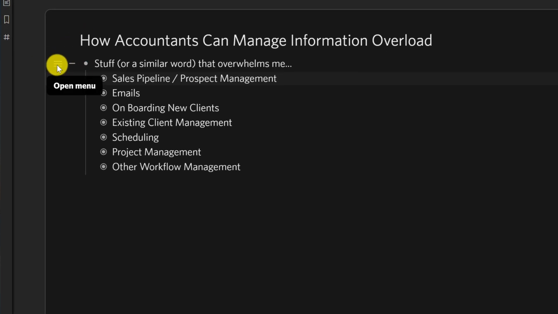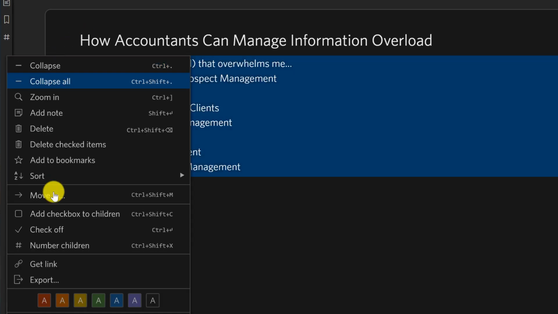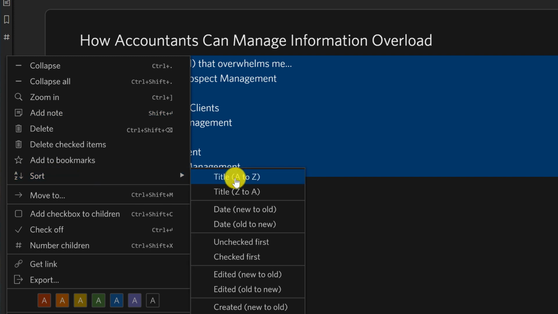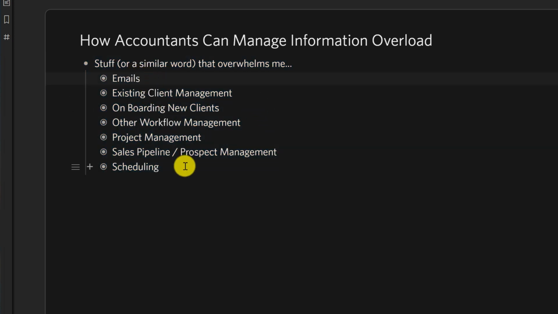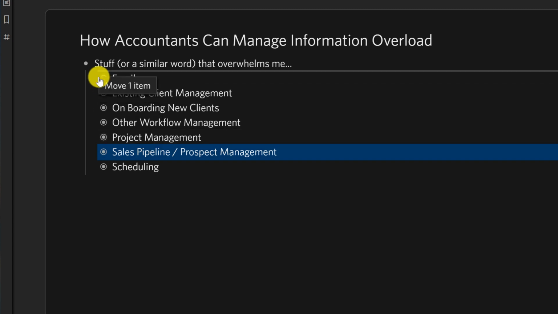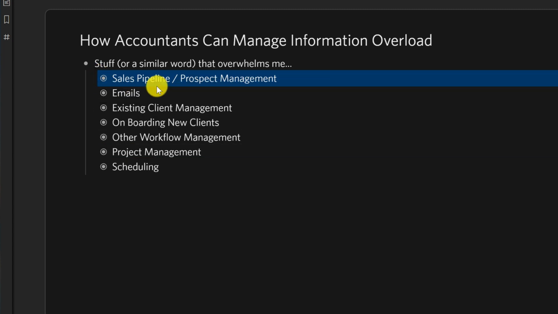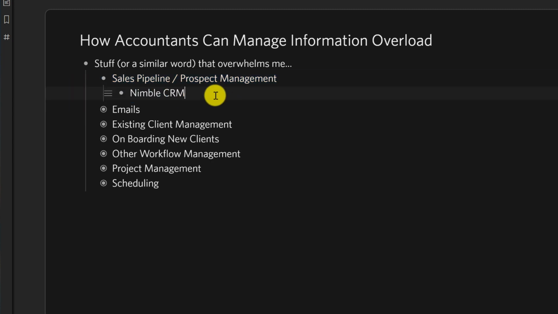First of all, over here, I can quickly say sort this, right? So let's sort by title A to Z. That might help me just see what I'd gotten down there. And now I can start prioritizing things. Like maybe the first thing is my sales pipeline and prospect management. So you see how easy it is to click and drag and reorder that. And by the way, I've already gone ahead and added in as a sub-level the solution I use for that,